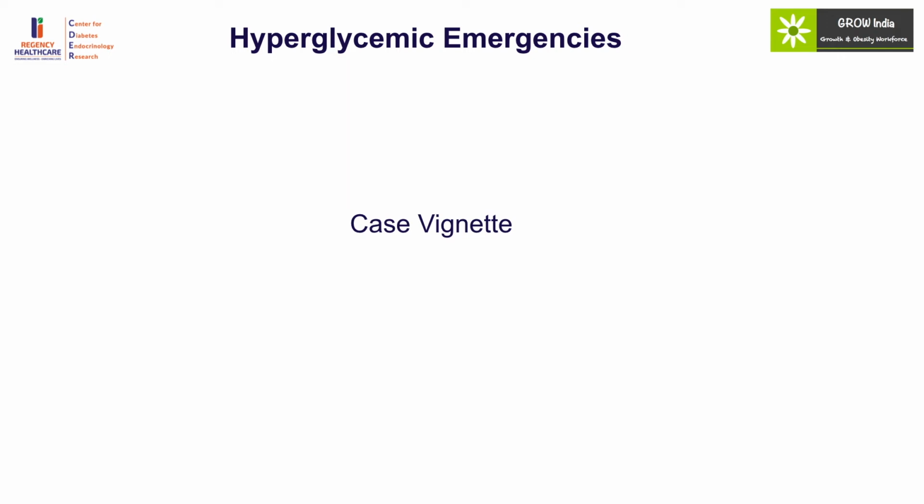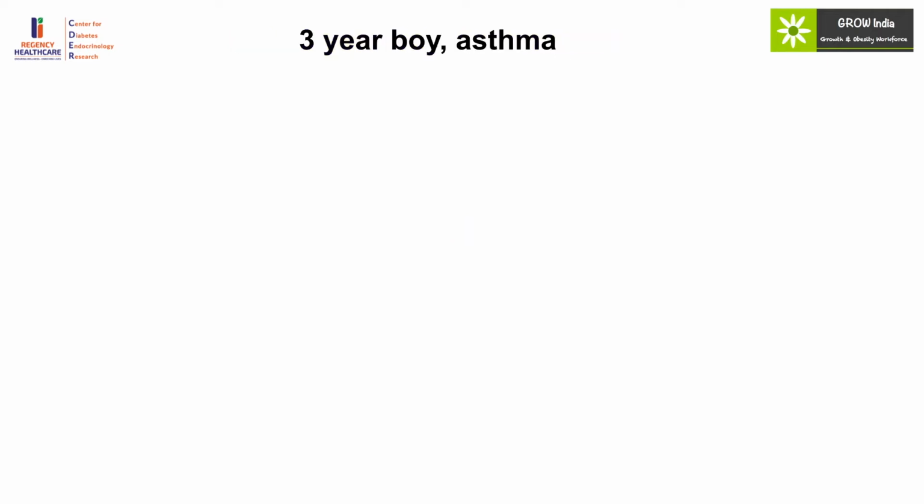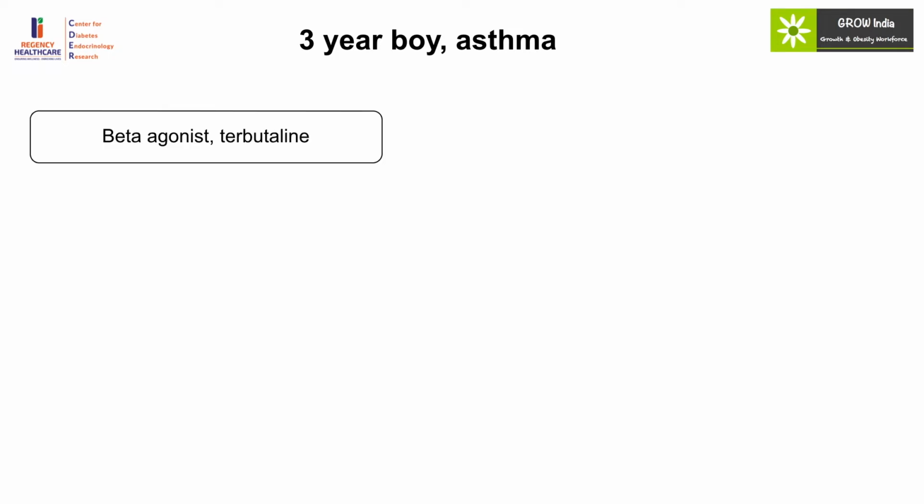So case management of diabetic ketoacidosis and HHS are extremely important because practical implementation of the protocols is essential. So we'll go through a few cases in terms of diagnosis and management of these conditions. So this was a 3-year-old boy with asthma who was admitted in the ICU with severe asthma, received beta agonist,